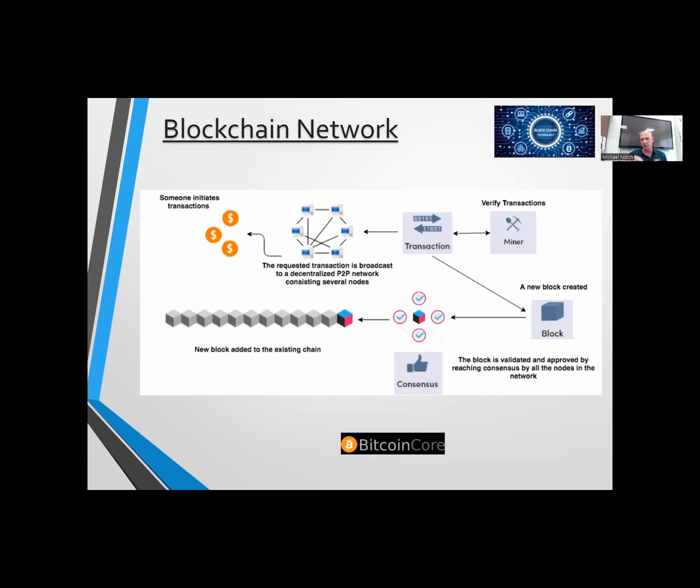But there's also, in one of the next slides, a series of blocks that replicate the information in the block before it and the block after it. So this chain is not only publicly spread over thousands of computer hosts as part of the blockchain network, it also means that if somebody attacks one particular node or hundreds of nodes on that network, they would have to attack the entire network at the exact same time to crack that code and also make changes in the public network, which is really impossible.